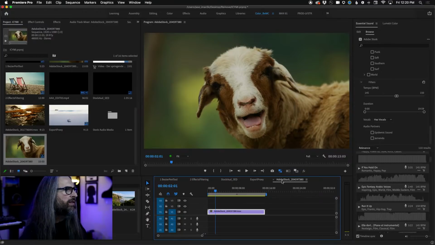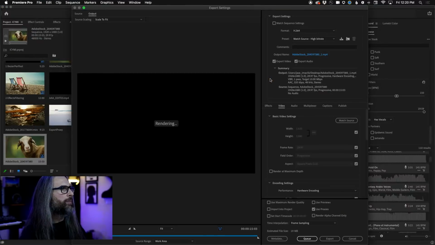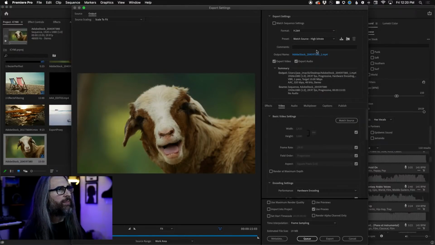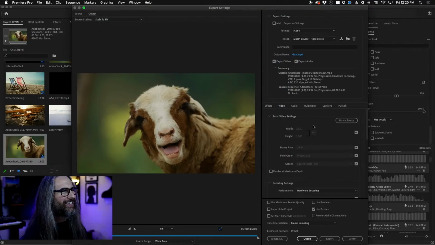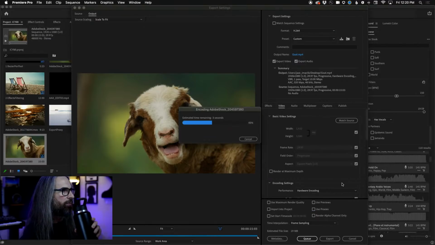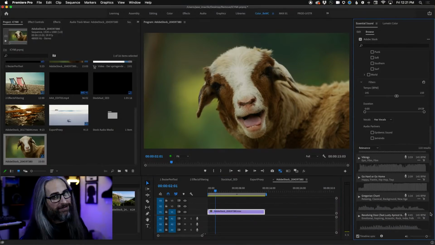Now, let's try to do a quick comparison here. I'm always curious. We'll do the same thing. So we'll do a match source, high bit rate. I'm not going to change anything. I'm going to just change where it's going. What did I say this is? Goat? That is a goat, right? Big animal person here. All right, let's turn off use proxies and let's export and see how long it takes. All right, about the same. Some things you'll really see a significant difference. That one we didn't necessarily.